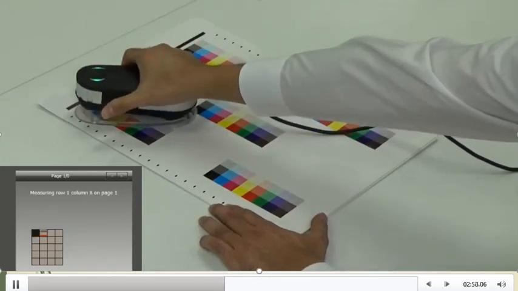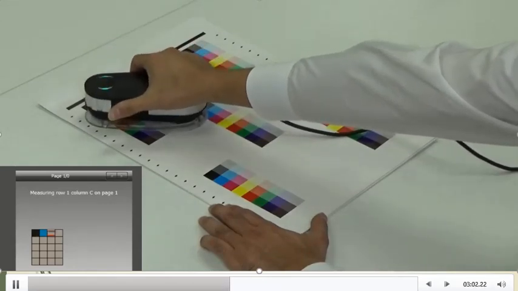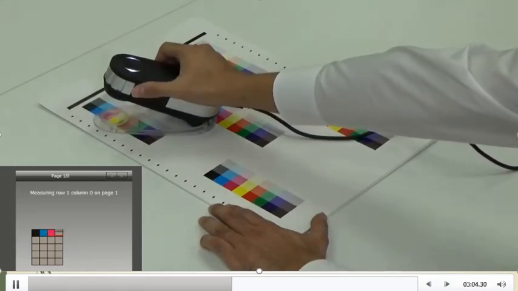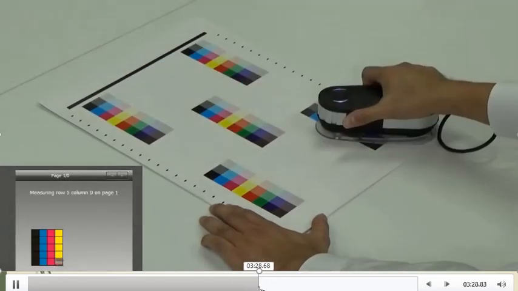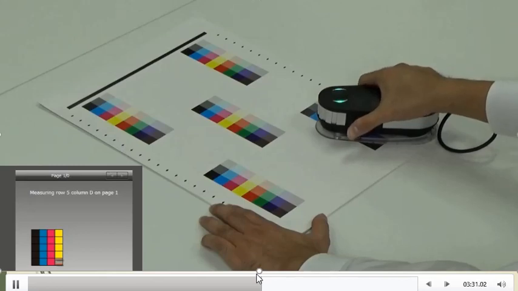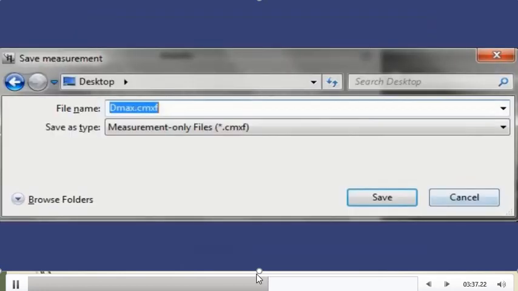One by one we have to measure it. Okay, so now once you have measured it, what we have to do is save.